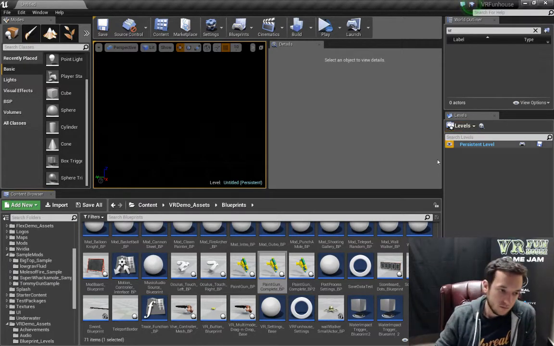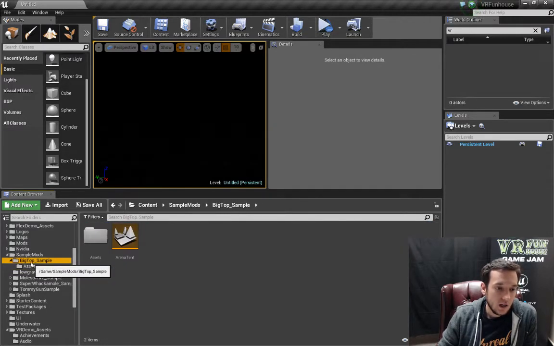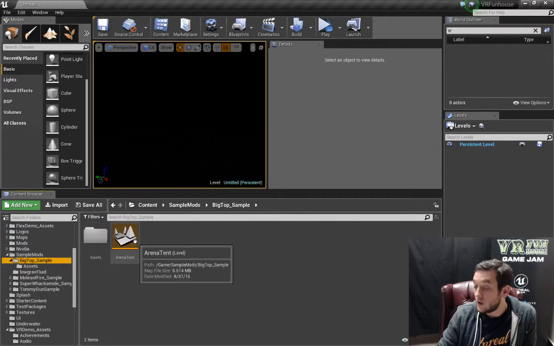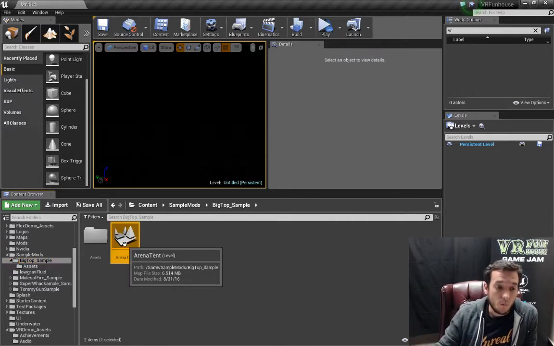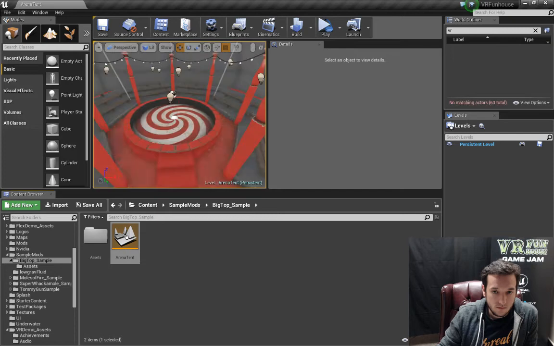So let's go ahead and dive into it right now, and I'll show you how I'm going to make a standalone level, which would be really useful for testing. One thing that we wanted to do, it's actually a mod you can get right now, is this arena tent. You go open up this level,